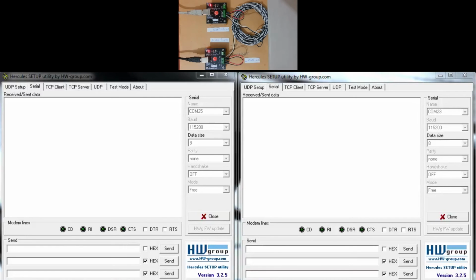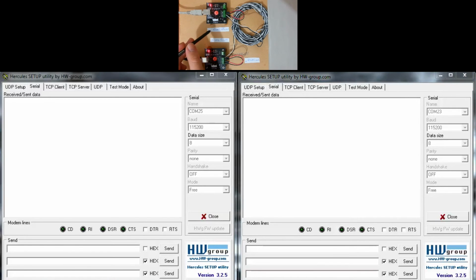I decided to show the difference between these two configuration files at the same time, and I configured this board using this configuration file with echo suppression, and the bottom board, our actual converter board, is configured using this file. So let's see the difference between them. Okay, this is the bottom board, this one. So let's try to send something to the other board.